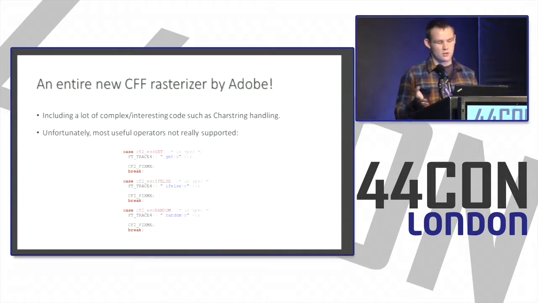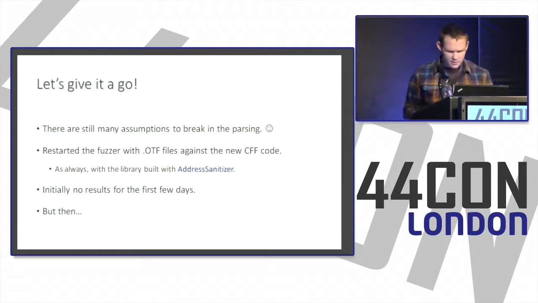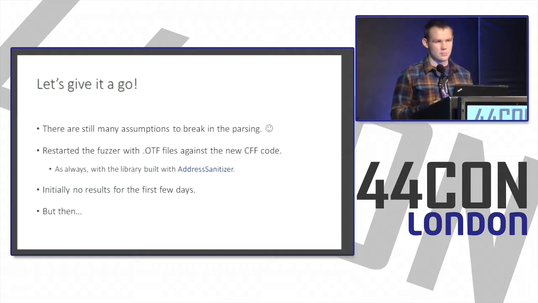It included, of course, a lot of complex and interesting code, because CFF and the OpenType charstrings are very complex. Unfortunately, most of the useful operators in charstrings were not really supported, as you can see. And I guess this is a good idea, because those instructions are not really used in realistic fonts. I guess most of the time they are only really useful to an attacker and nobody else. But it was still very extensive, and there were still many assumptions in the code that one could probably try to break. So I restarted the fuzzer with OTF files against the new code,